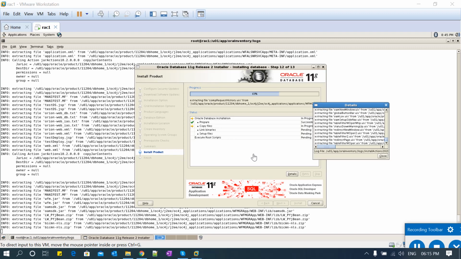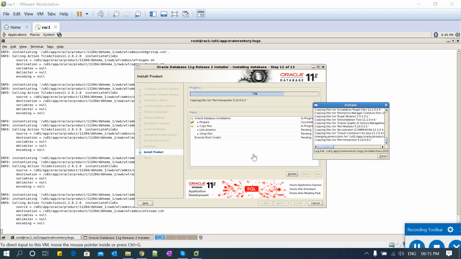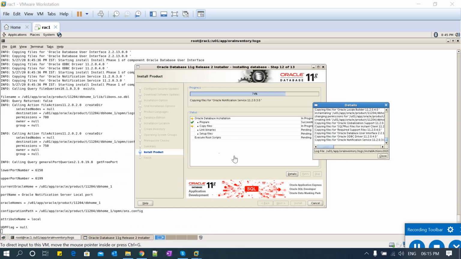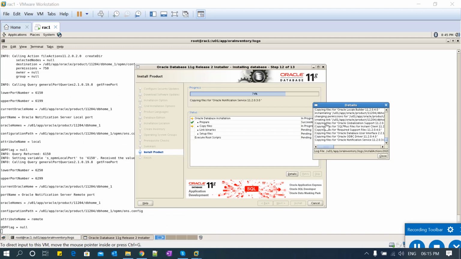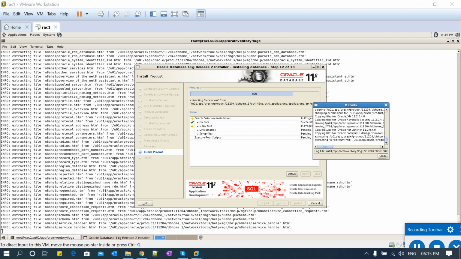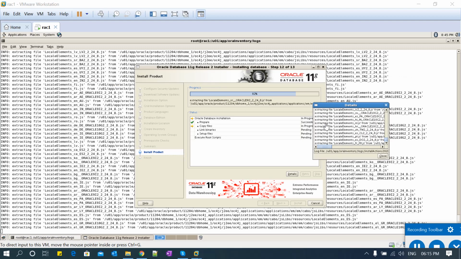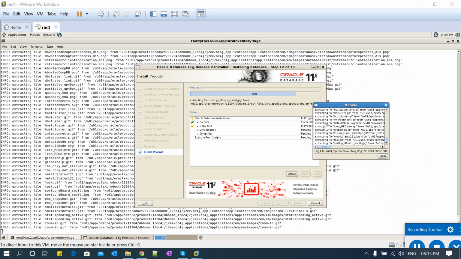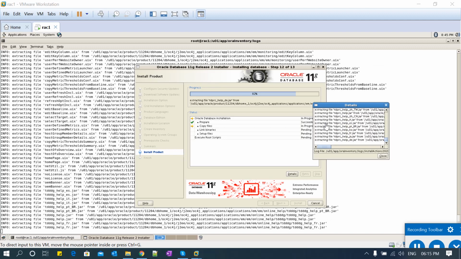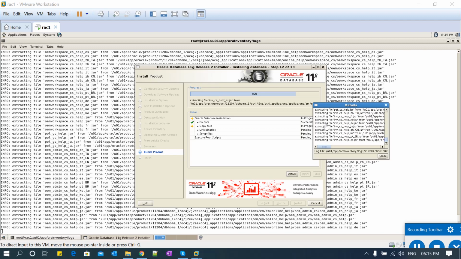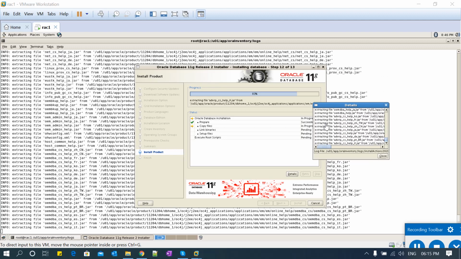Okay, so there are a lot more things happening in the backend. I already opened the log file, and then this detailed window and also this installation window. You just keep monitoring all of what is happening. There are a lot more things it will do in the backend, like giving all the proper permissions, executable rights, applying the sticky bits, and creating all the linking of the libraries. So many things it will do.